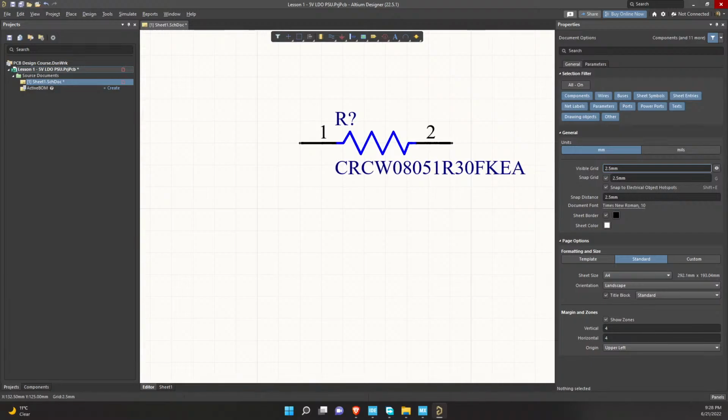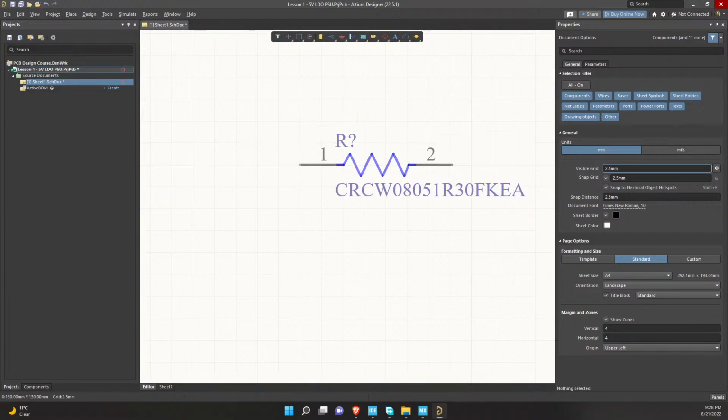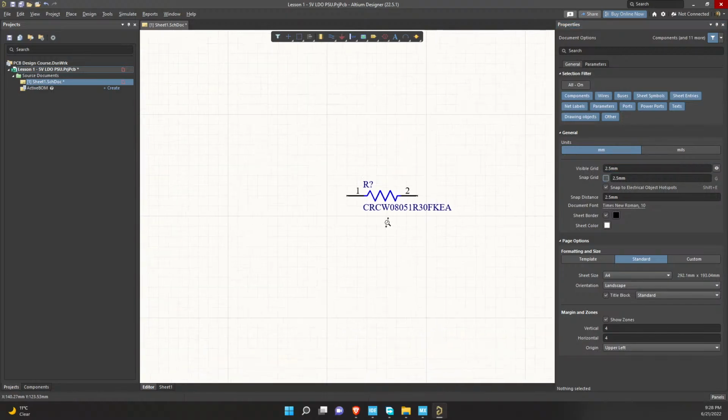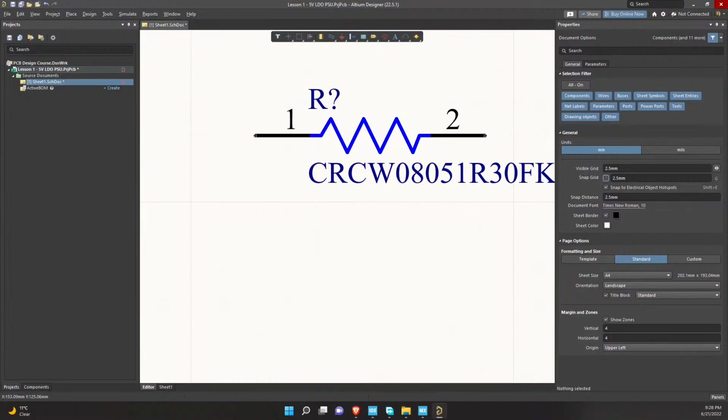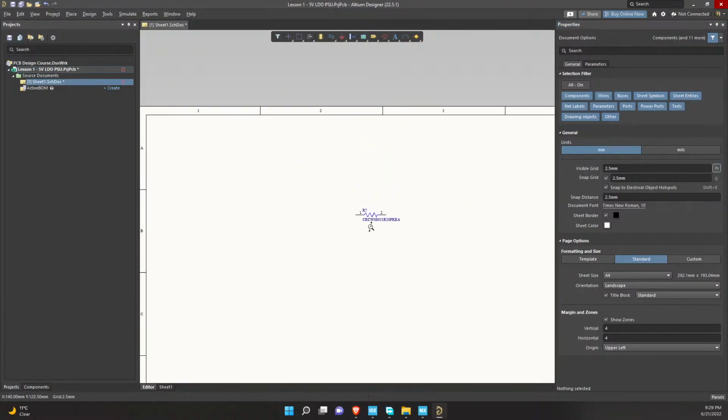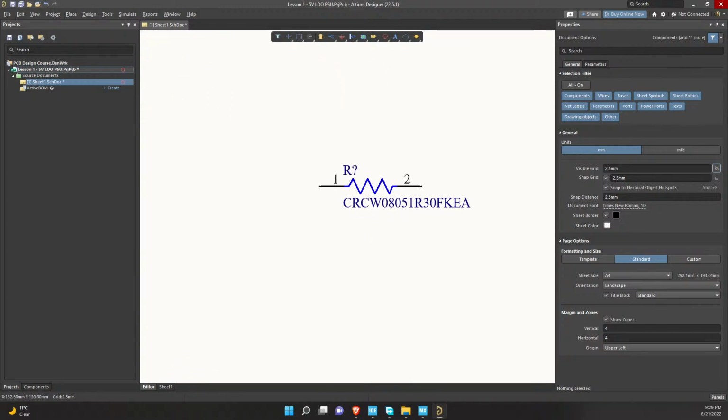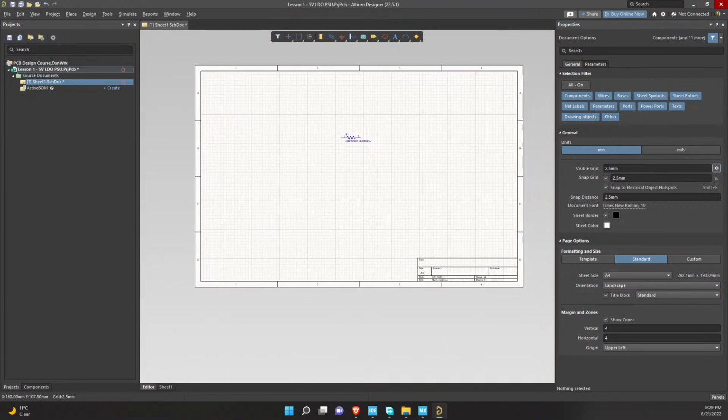Okay, now the visible grid is 2.5. Do I want to see this visible snap grid? Nope. Let's say I disable that. Does it change anything? It does not. Actually, there we go. If I hide my visible grid like that, you can see that our grid has disappeared. If I bring it back, our grid is back. Okay,